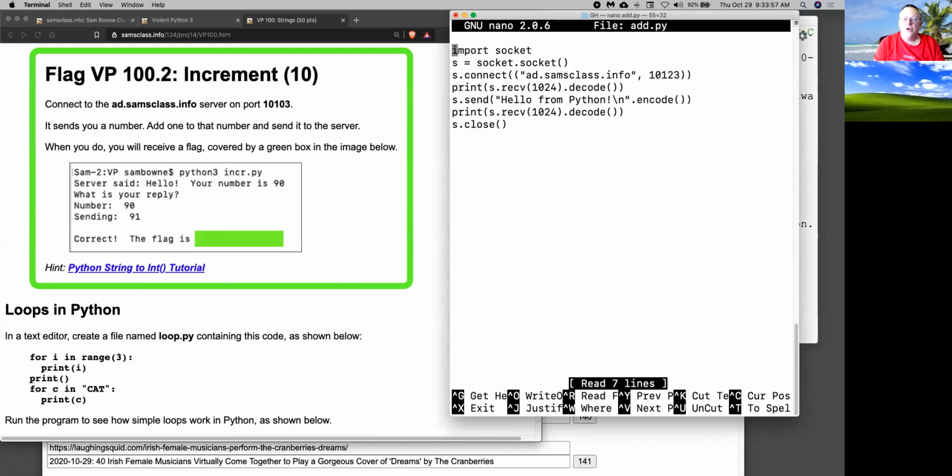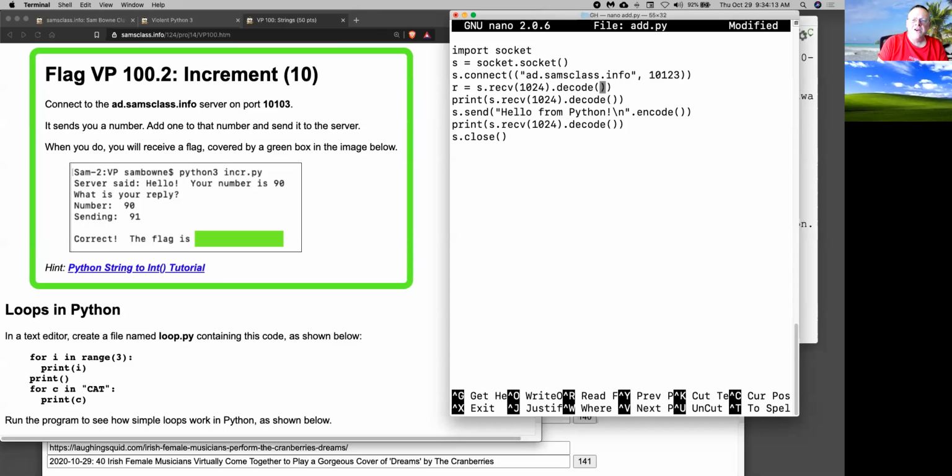If I look at my program called add, it gets something called sReceive from the server. And instead of printing it, I'm going to put that in a variable. So R equals sReceive decode. Now that's going to be a string. And now I can print